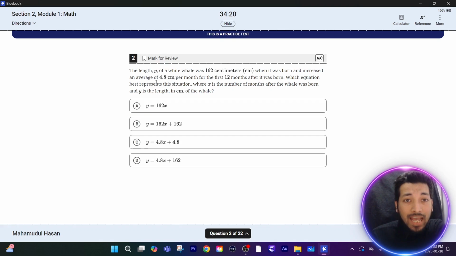Okay, this problem says the length y of a white whale was 162 centimeters when it was born and increased an average of 4.8 centimeters per month for the first 12 months after it was born. Which equation best represents this situation, where x is the number of months after the whale was born and y is the length in centimeters of the whale? So we can see that y is representing the length in centimeters of the whale. The initial length of the whale is